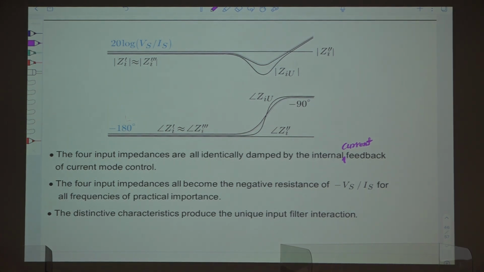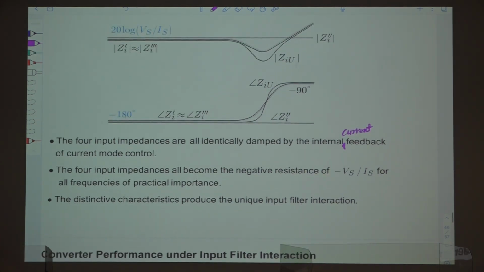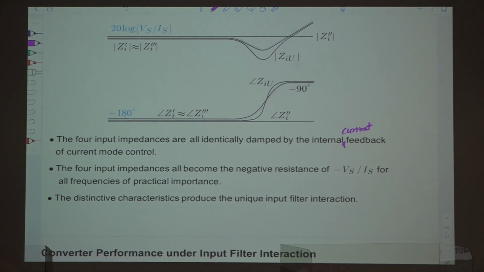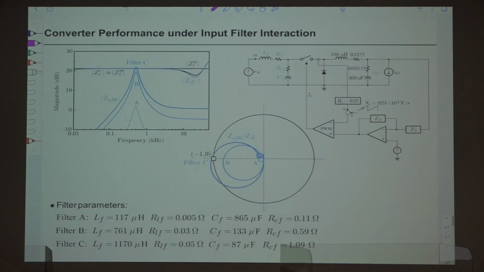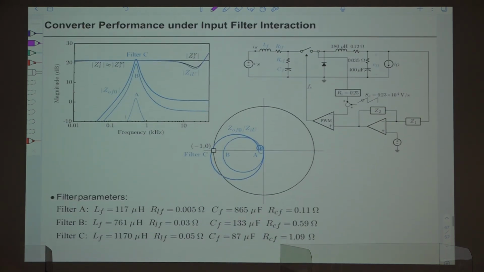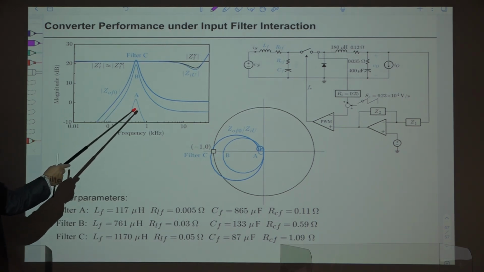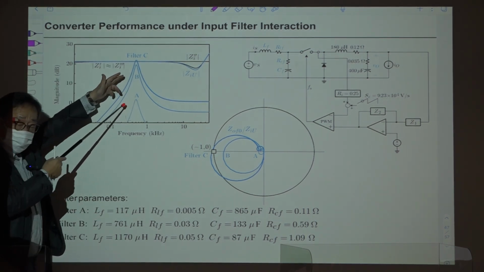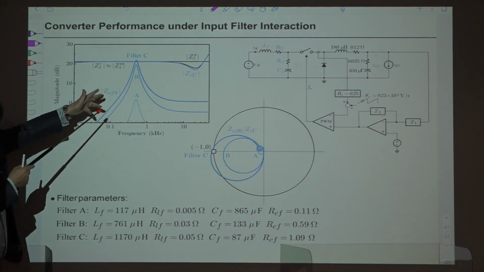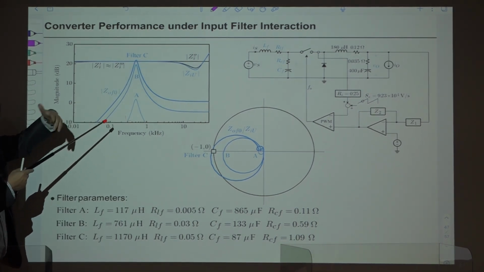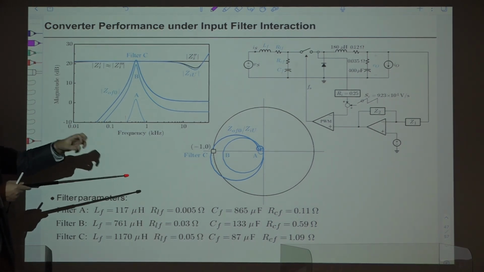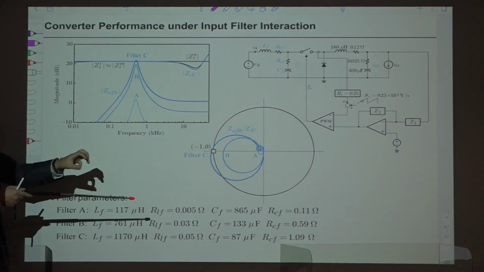You can predict this, right? Because input impedances are the same, then this multiplication ratio all cancels. Okay? It's coming here. Okay, first this one. I generated three different cases. Case A, with this type of filter parameters, the peak value of output impedance is here. So there is a huge difference, and the converter is safe, stable, and the performance of the converter is maintained as that of the uncoupled converter.